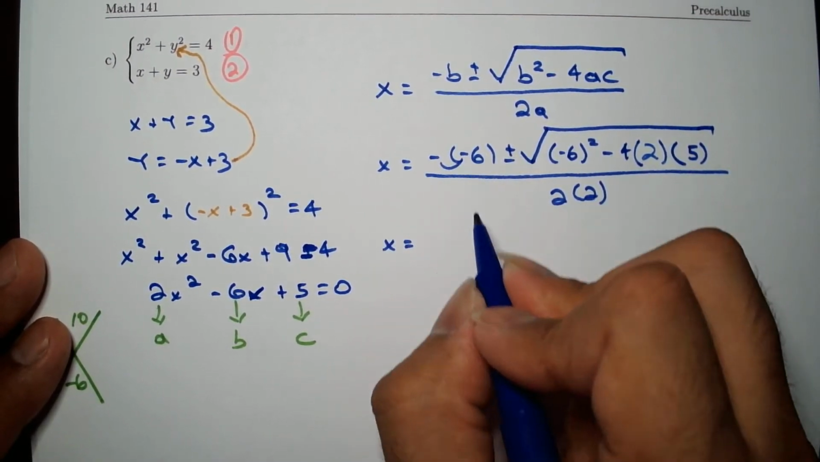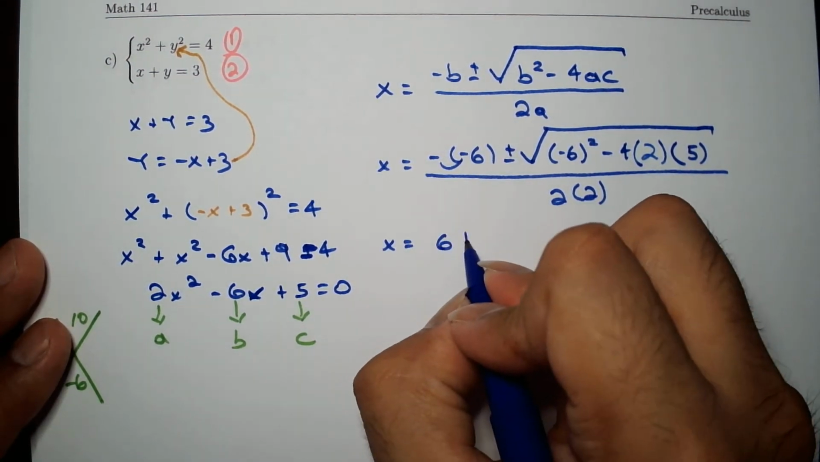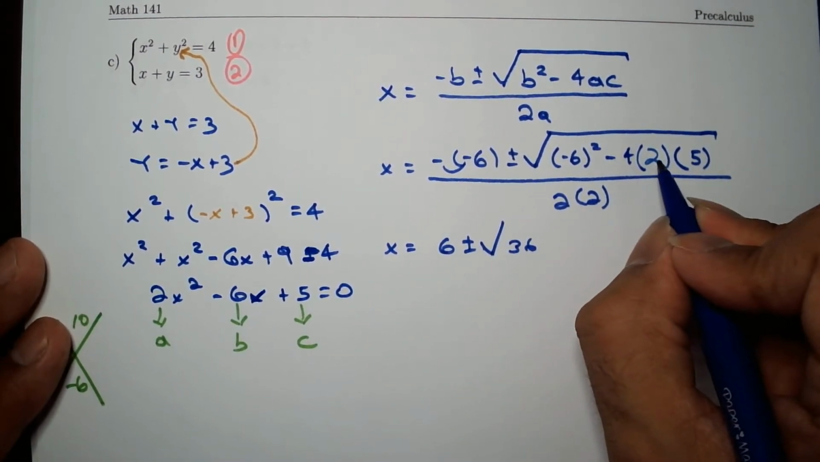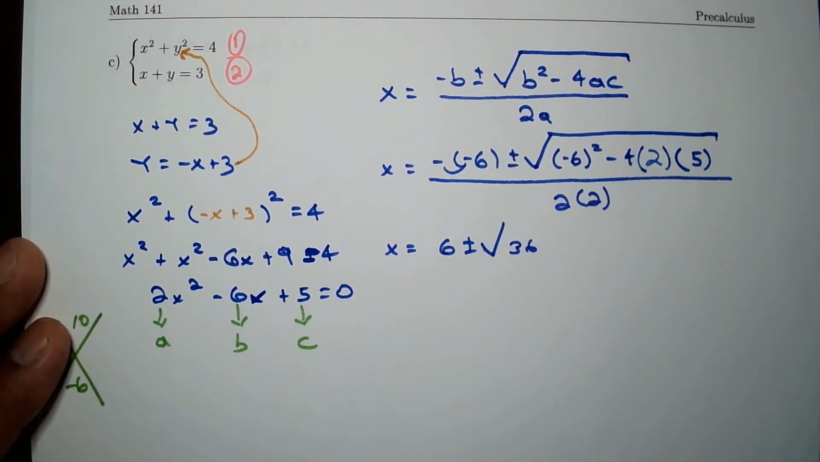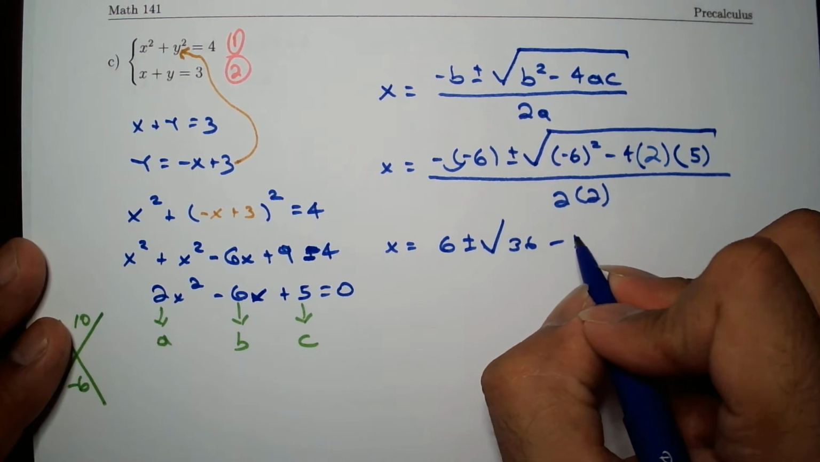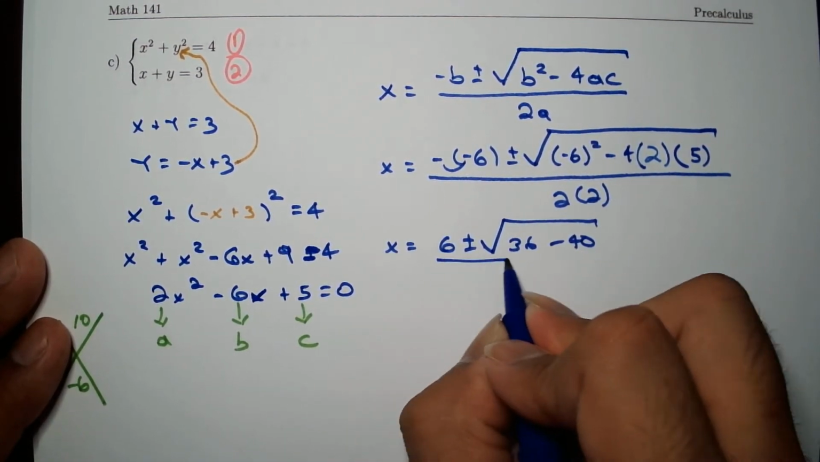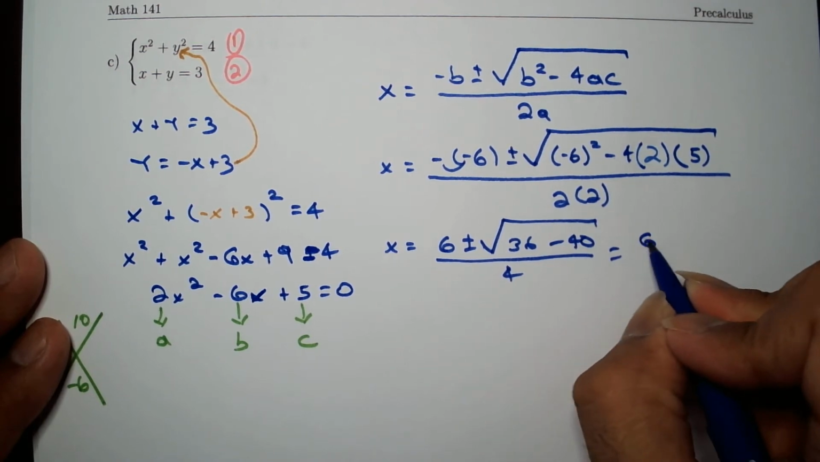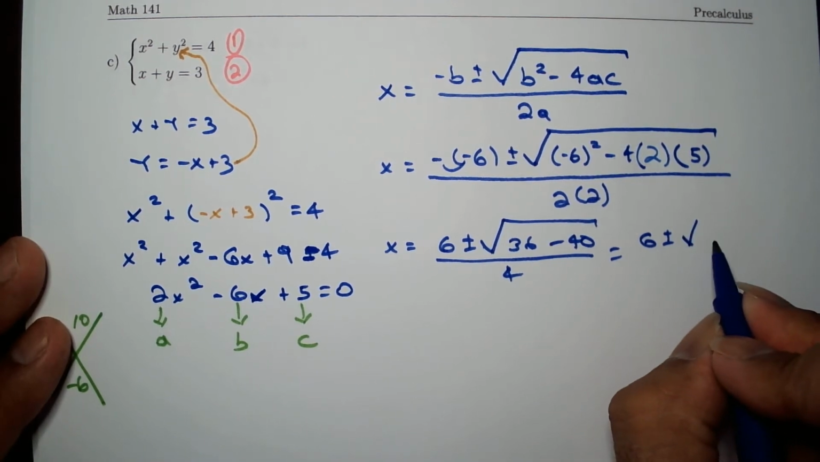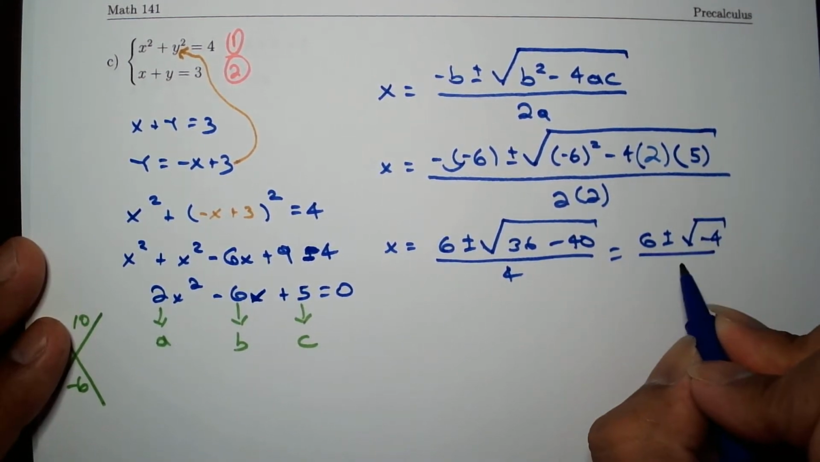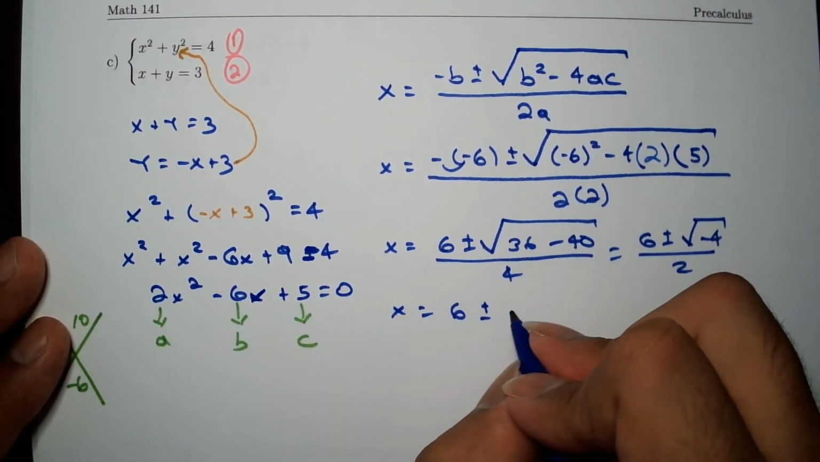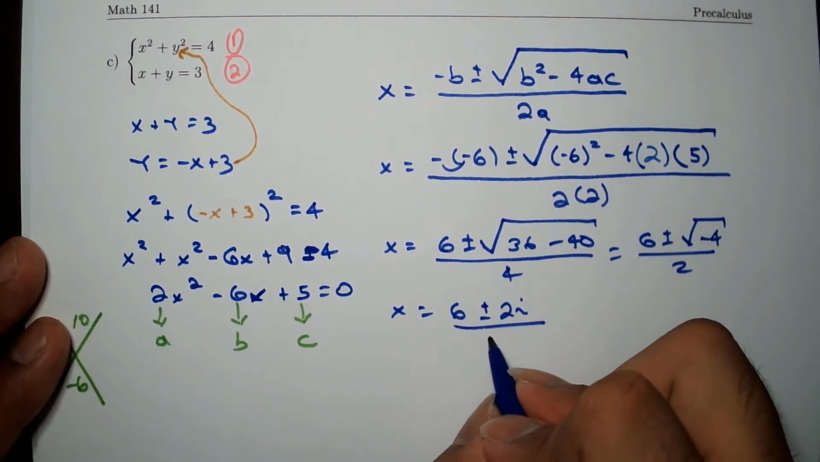X equals minus minus becomes a plus 6 plus or minus the square root of 36, and then 4 times 2 is 8, times 5, that's 40. Silly mistake there. So that's negative 4. And look at this, what's going to happen? 6 plus or minus the square root of negative 4. But what's going to happen here in this case? Well, we are going to have complex solutions. And for this reason, we are not going to have